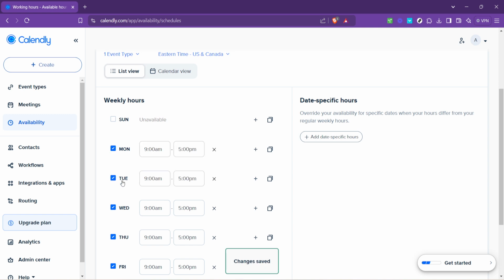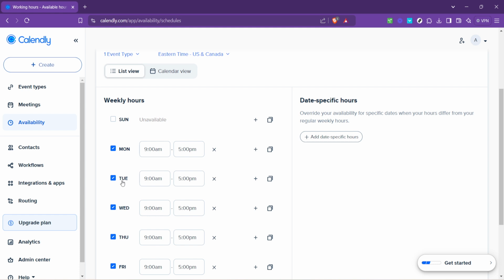Adjusting your availability could mean checking or unchecking specific dates. It's quite straightforward. If a date is checked, you're signaling to Calendly and thus to anyone looking to book time with you that you're available that day. If you uncheck a day, it means you're not available for meetings or events. This flexibility allows you to control your schedule fully and prevent overbooking or scheduling conflicts.